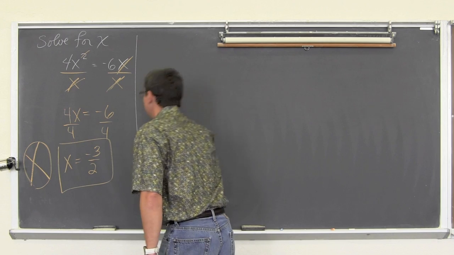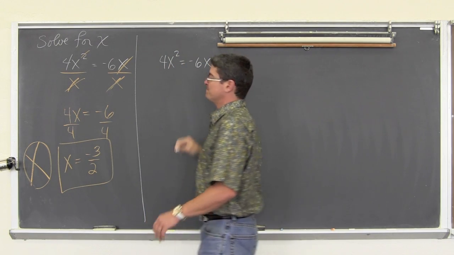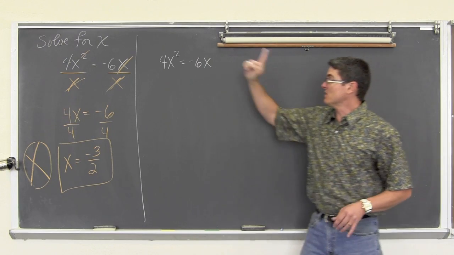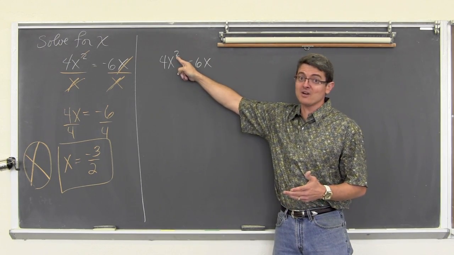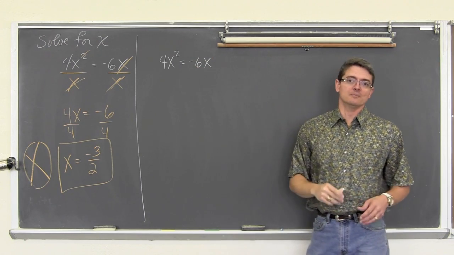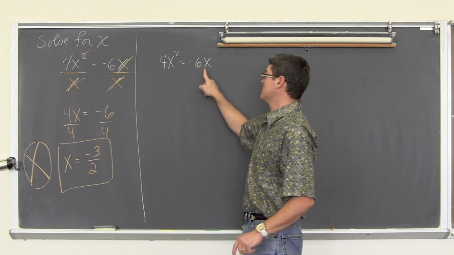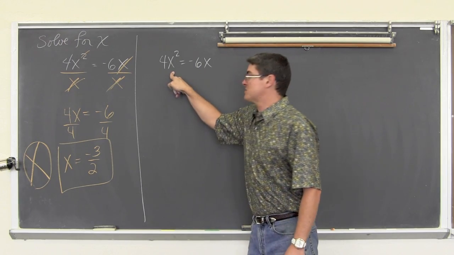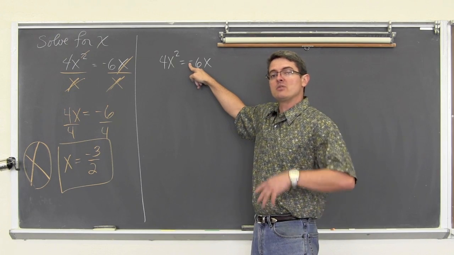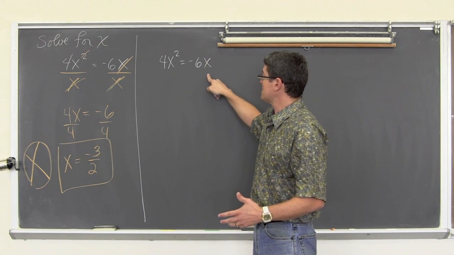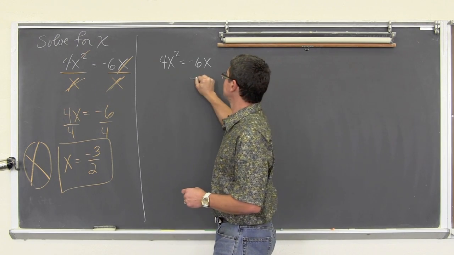Well, we got 4x squared equals negative 6x again. Second degree term, first degree term. Do not try and get x by itself. Get that equation set equal to 0. We're going to take this negative 6x and move it to the left with addition, because it's negative, we want to do the opposite math operation. This is a negative 6x. We're going to add 6x from the right to the left-hand side.